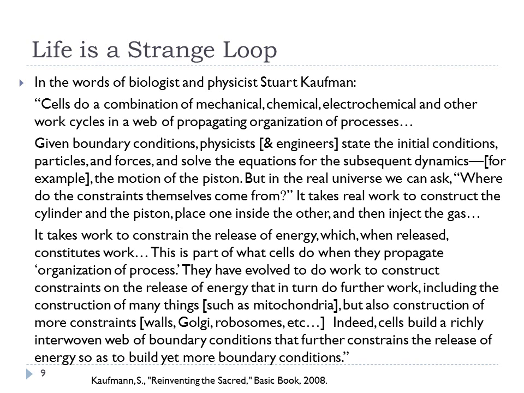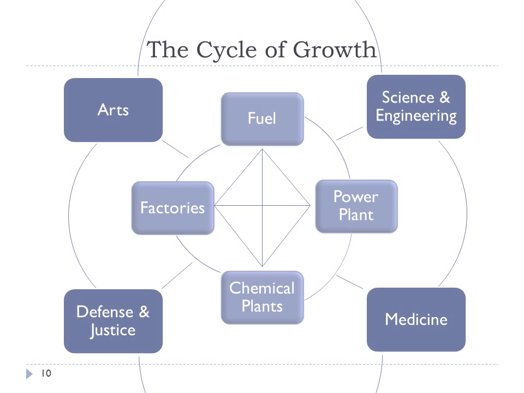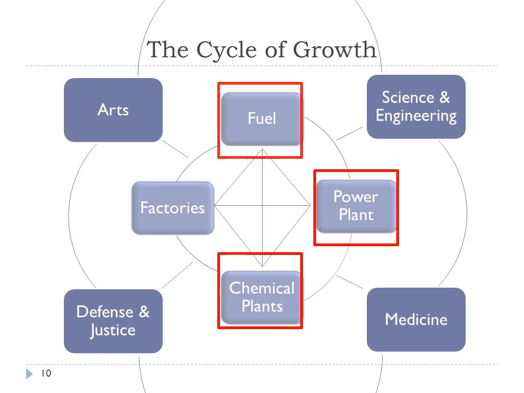And what I want to convey here, I just want to repeat the main point: cells use work to build the constraints that allow them to build more work. And that's what I mean by the biocycle of growth. And ultimately, we're here as engineers. The point of this course is to cover some of the things in what I'll call the core cycle that's required for growth. And that's the fuel, the factories, the chemical plants, and the power plant. In this course, we're going to be focusing on the power plant. But we're also going to be briefly touching on some of the other aspects, such as the chemical plant and the fuel. And when combined with the factory, these are what I call the core requirements for